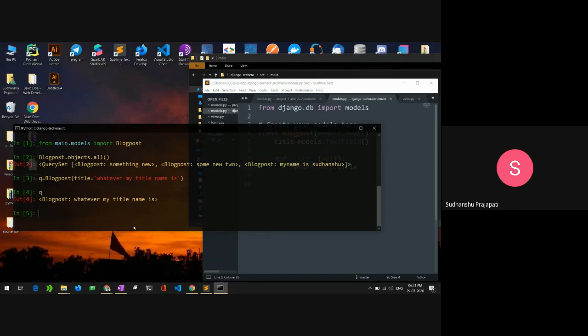If you understand Python, you must understand what I am saying here, because it's all about classes and objects, all the concepts of object-oriented programming. But all these things are closely mixed in Django. So it is created, but it's not stored in the database. If I run the command BlogPost.objects.all, I might not be able to see that object created inside my database. Let me show you.